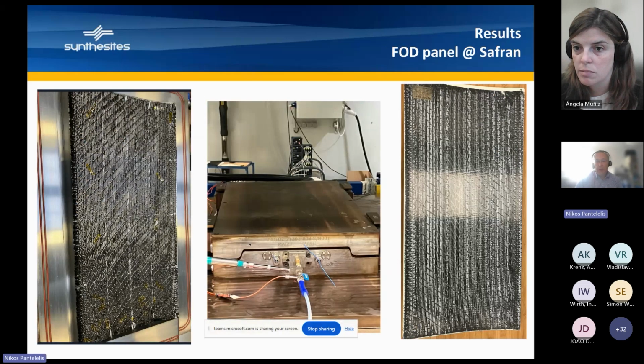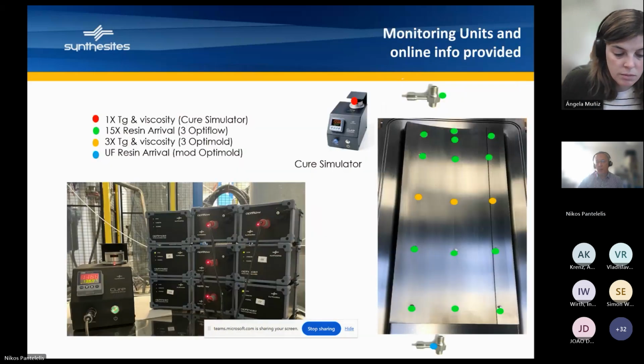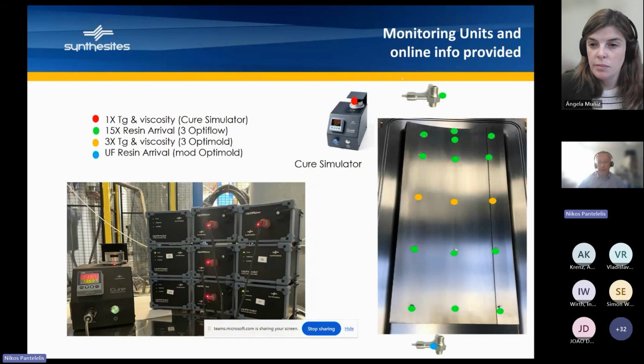So on your left, you can see the carbon fiber preform, the RTM mold, the closed RTM mold before the press is closed, and on your right, you see the final product. We have installed several monitoring systems on the back of the press, together with a Q simulator. So we had 4 OptiFlow and 5 Optimal systems, and we have installed also